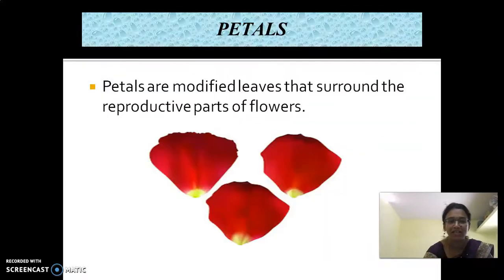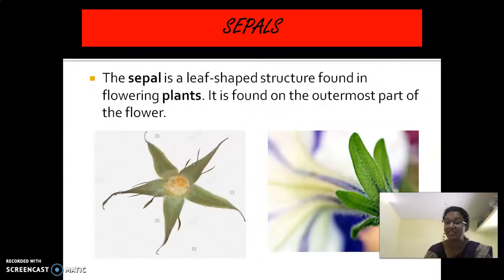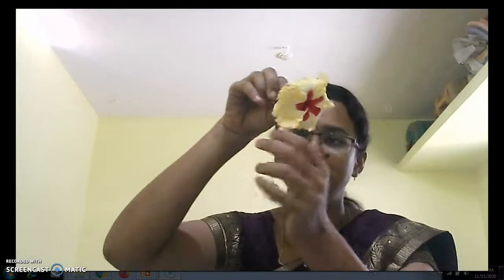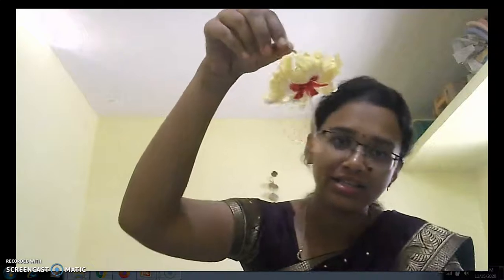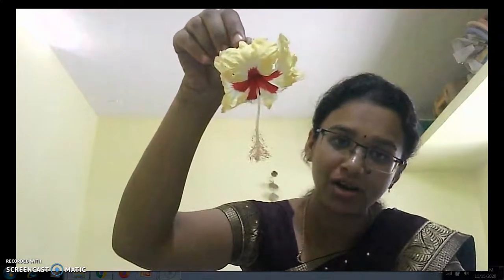Are you ready children? What is the first one? We will see sepals. We will see about the sepals. Are you all able to see this children? Right? Look at here. Is this clear to you all? Fine. So what is the first part which I said? Sepals, right? Look at here.